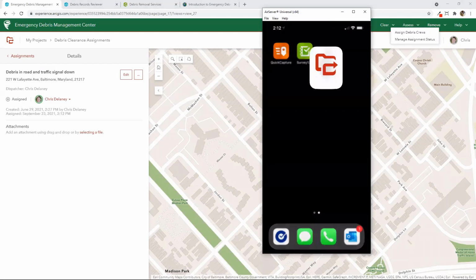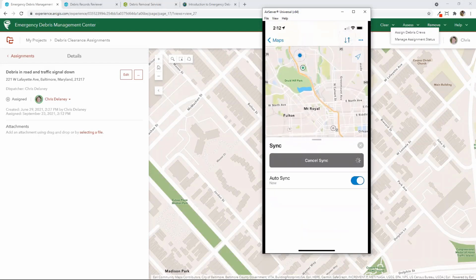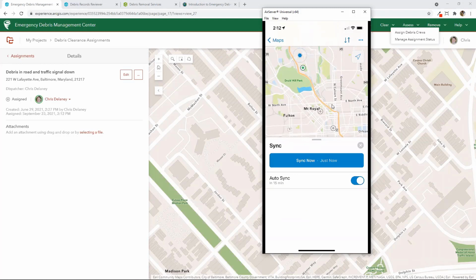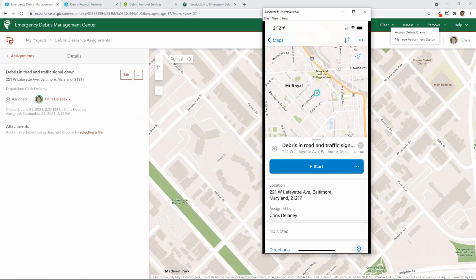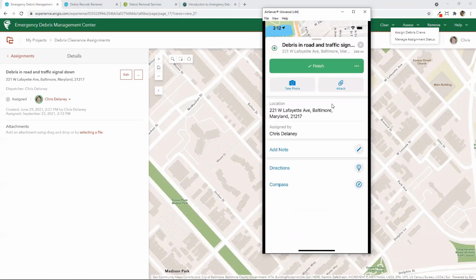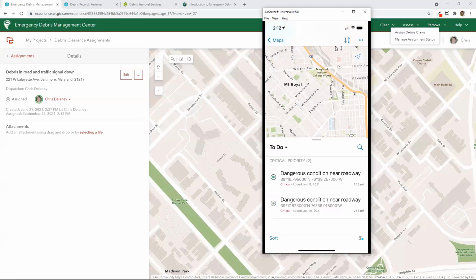their mobile device, and from the field, they can come in and see any of the jobs that they are currently responsible for. And here are the current active jobs that they've been assigned. I can select one. I can indicate that I've started to work on that. I can capture photos, add additional information about what was done. And then when it's complete, I can note that my clearance crew has cleared that job and that road is